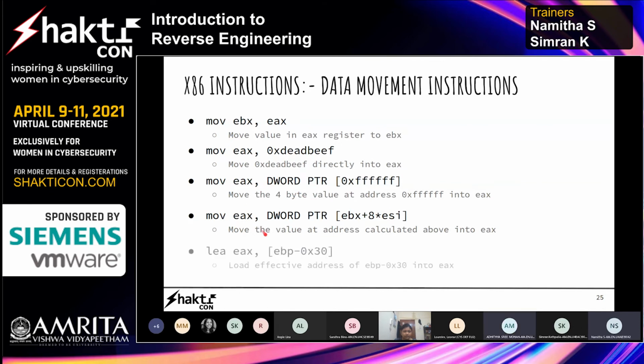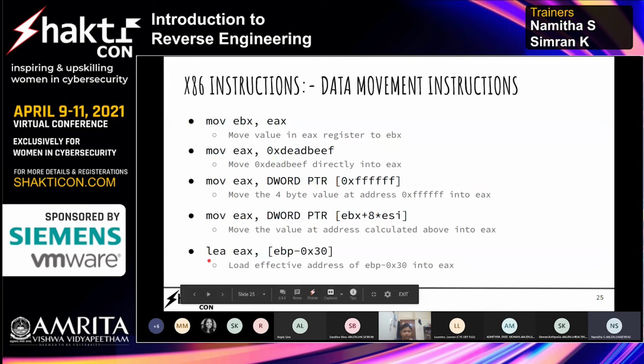This is the LEA instruction, that is load effective address. What it does is it moves the address calculated here into EAX. You might have confusion about what this means. EBP is a pointer, and this is showing us where exactly the address is, like in the base of a stack. If we're looking at it from the stack point of view, you will become familiar with the stack when we talk about it further, so you don't have to worry about that. But the address calculated here is being moved on to EAX.